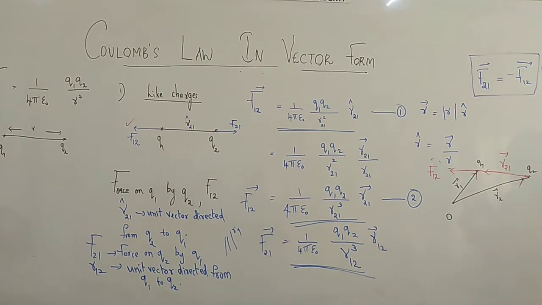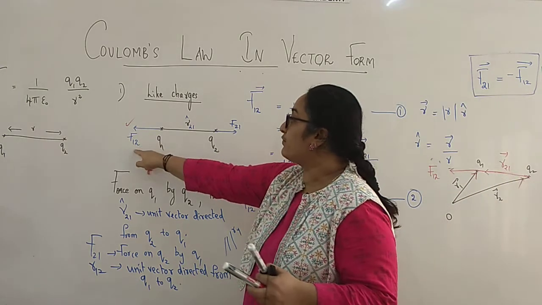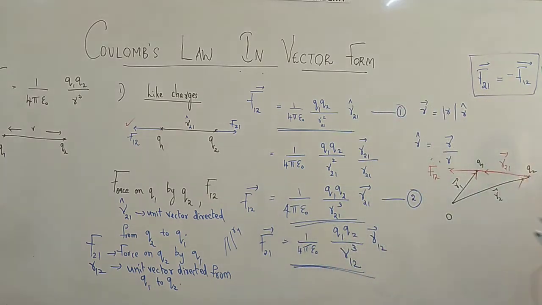So this is how we actually represent the diagram. We have drawn the position vectors of Q1 from the origin. Now the distance between the charges we represent using R12 or R21. Here I have represented it by means of R21 because I have drawn the force F12. Now let's write an equation for it using our triangle law of vector addition.